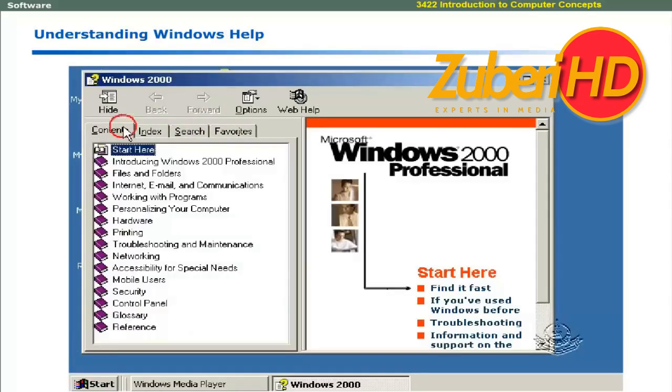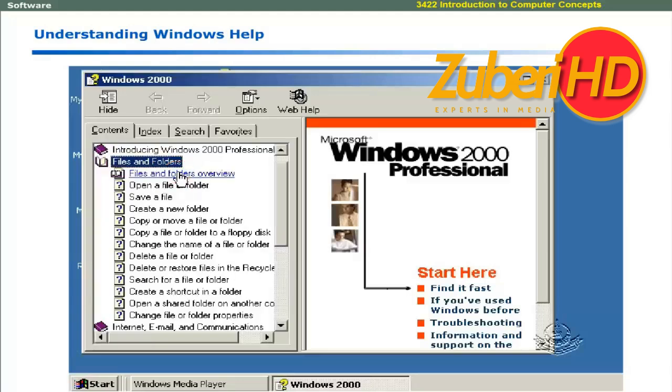The Contents tab contains a list of help categories and topics. A closed book icon represents a category. When you move the mouse pointer on any category or topic, it changes to a hand shape. The categories and topics act as hyperlinks. You can click on any category to expand it or click on a topic to display the help page in the